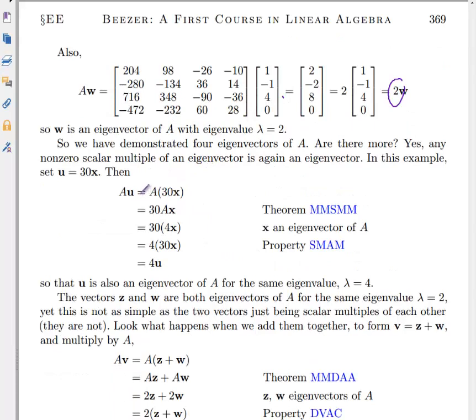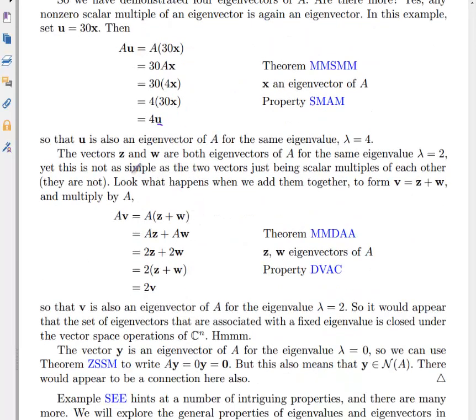If you multiply any eigenvector by a constant, it's still an eigenvector. And you can see why that's true. If I take 30 times an eigenvector, then when I multiply that, I'm going to get 30 times the result. 30 is still a constant, so I'm still going to get 4 times, in this case, 4 times the original vector. On the other hand, if I have two different eigenvectors with the same eigenvalue,